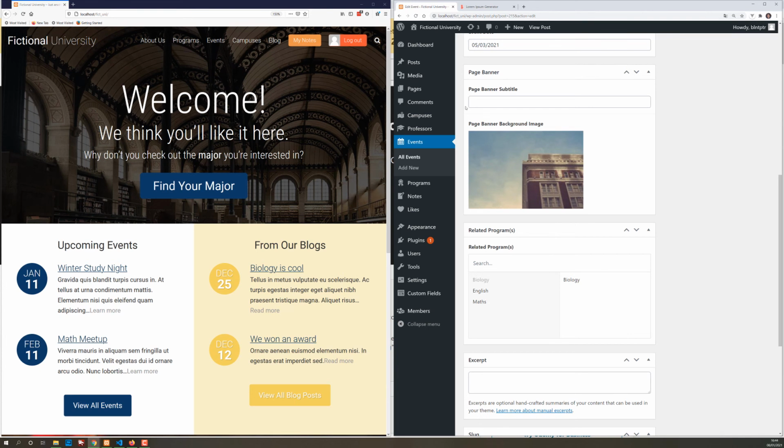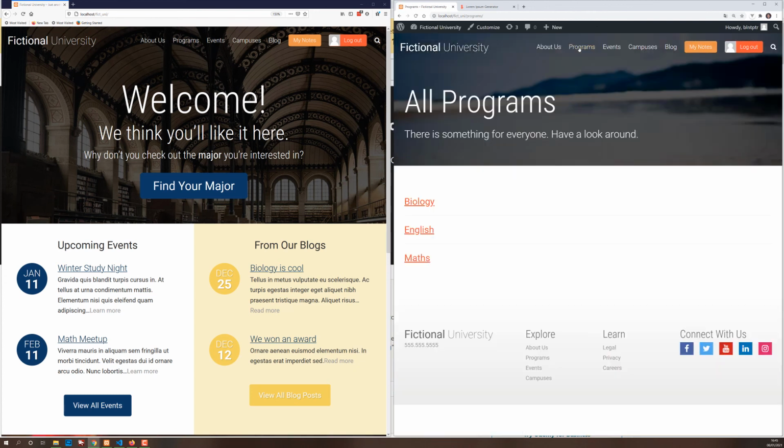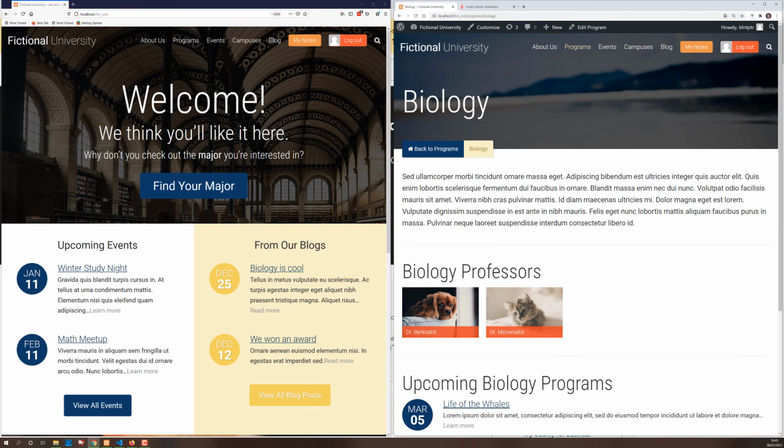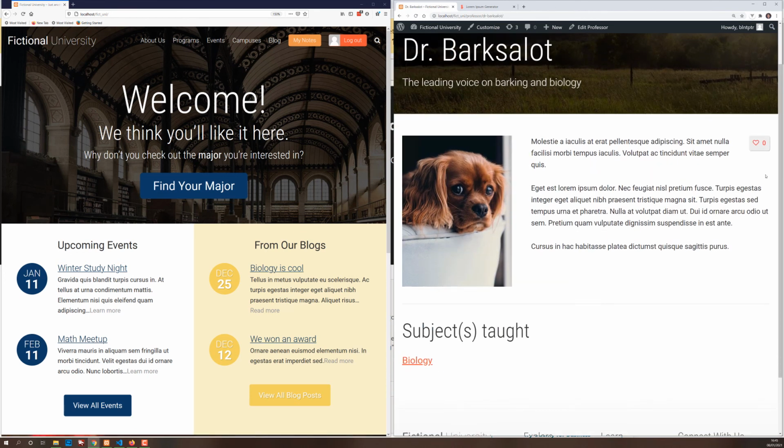Now there's also one more feature that I wanted to show you that we code. This is kind of a mix of JavaScript and PHP. Let's access it via programs, professors, and you can see there's a heart, there's a like button.